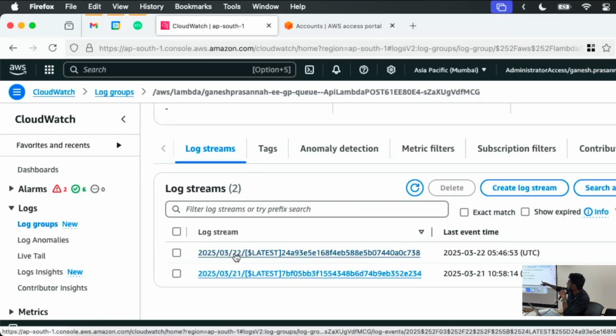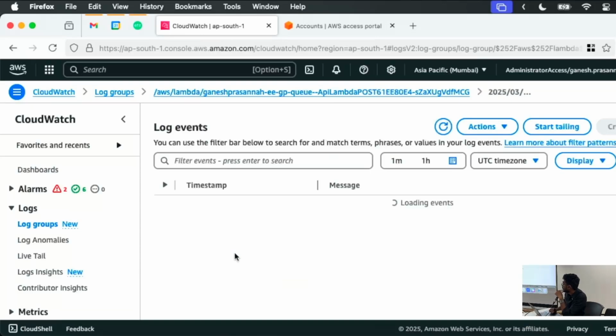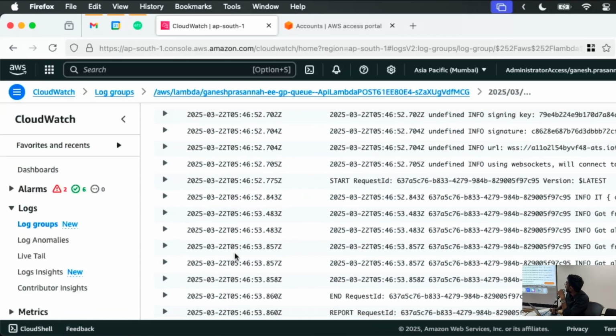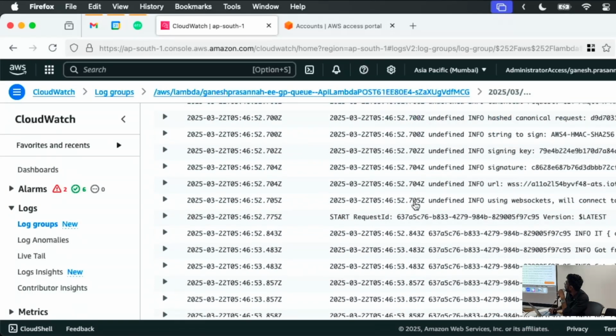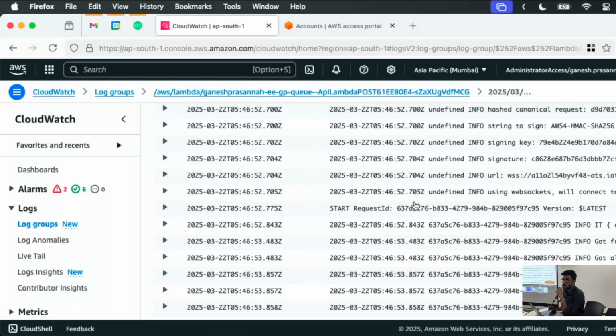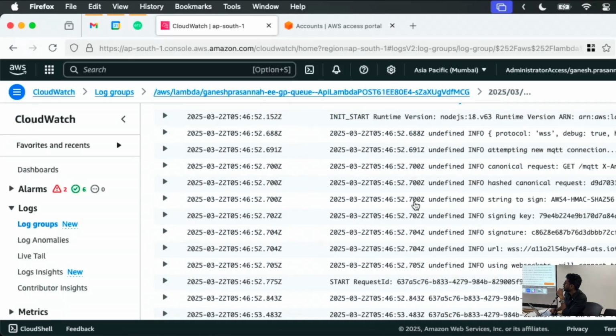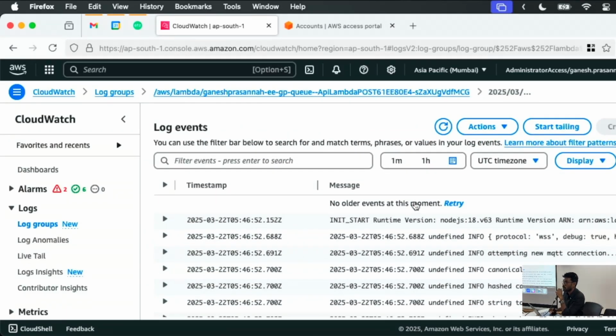So this is today's latest log stream. This is actually CloudWatch, and you can see that it actually ran, right? One thing that you will not see here is whatever you wrote in console log will not go up here, because SST just captured it and redirected it to my local terminal instead of CloudWatch. That's the only thing. But when you actually deploy, it will go to cloud. That's it. So this actually ran on AWS.